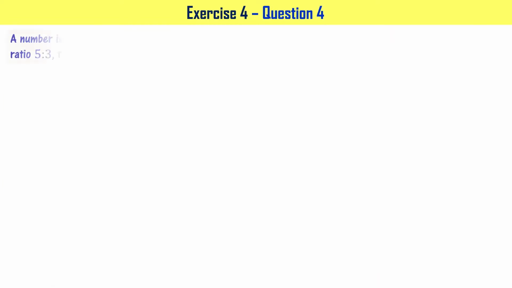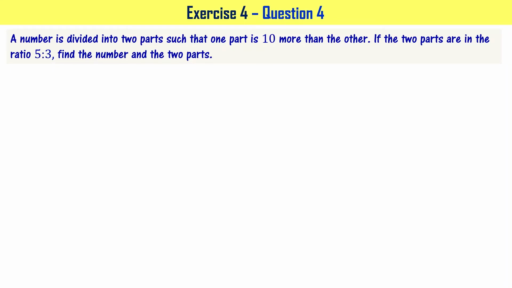Question number 4 is, a number is divided into two parts such that one part is 10 more than the other part. And the second statement says that if the two parts are in the ratio of 5:3, find the number and the two parts. You look at this, you're given a number that is divided into two parts such that one part is bigger and other part is smaller, right? So one part is 10 more than the other part, meaning the bigger part is 10 more than the smaller part. If the two parts are in the ratio of 5:3, then we are asked to find the number and